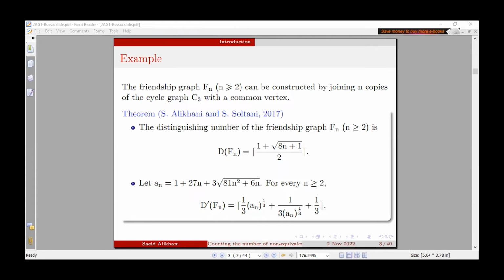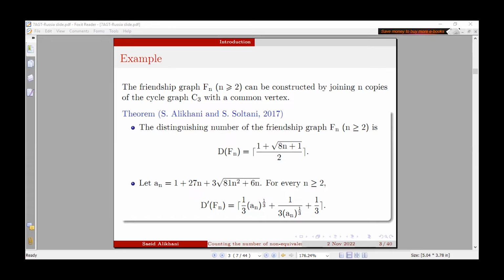So this is a friendship graph that I think all of you know. If I would like to color this friendship graph with a distinguishing coloring, this vertex should have a fixed color because it has degree 2n, and so must be mapped to itself. But since I would like the coloring to be preserved only by the identity automorphism, I color, for example, the